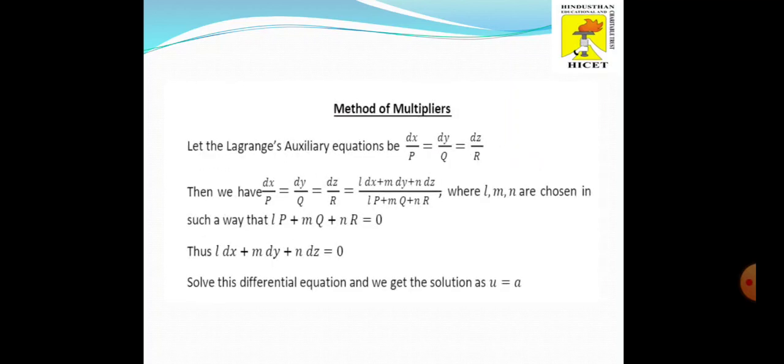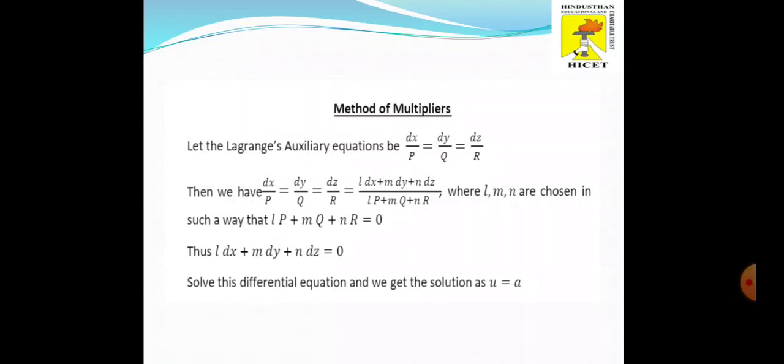To solve this equation, first we have to form the auxiliary equations dx by P is equal to dy by Q is equal to dz by R. Now choose the multipliers L, M, N in such a way that LP plus MQ plus NR is equal to 0. Now take the ratios dx by P is equal to dy by Q is equal to dz by R,